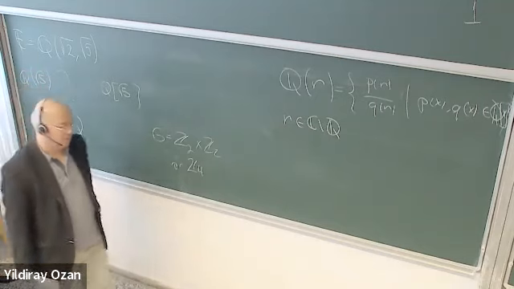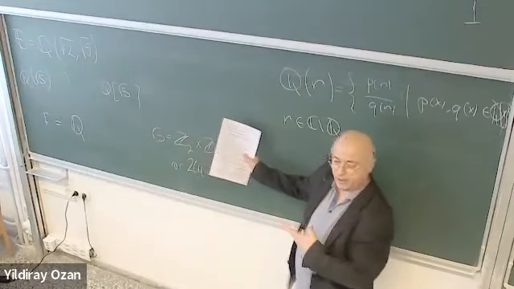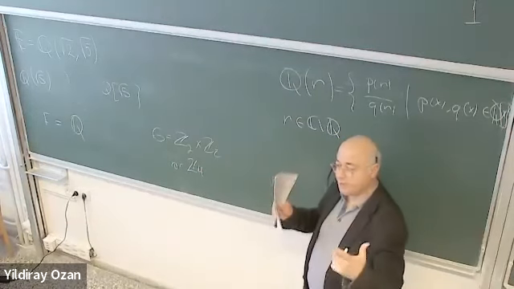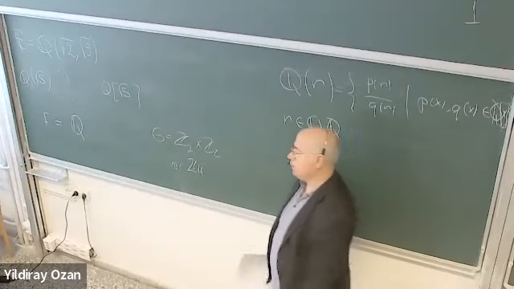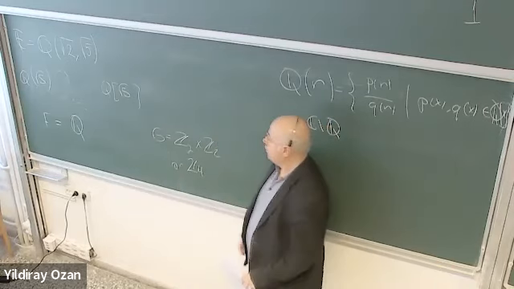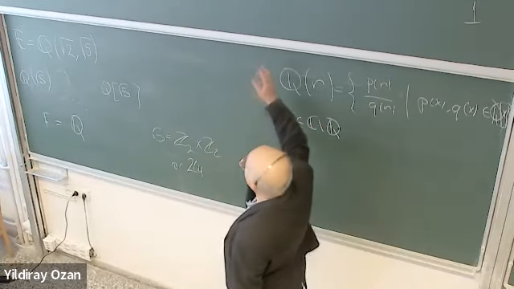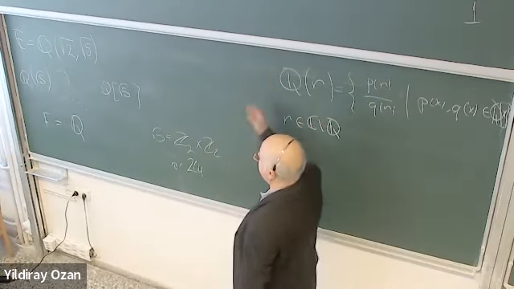This can be done. So we have such a correspondence between subfields and subgroups of the automorphism group. What about the topology part of this? This picture